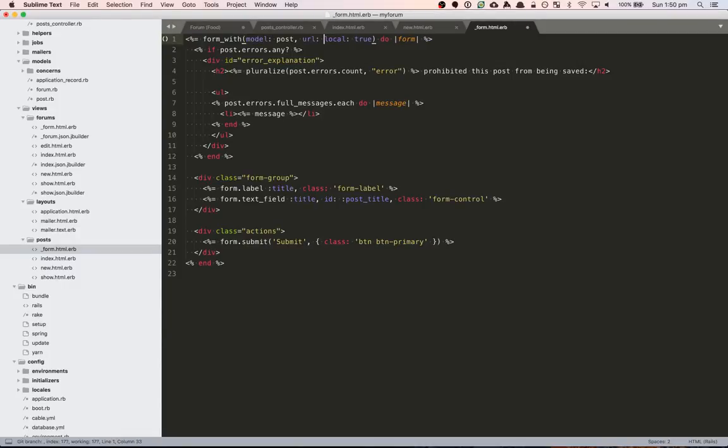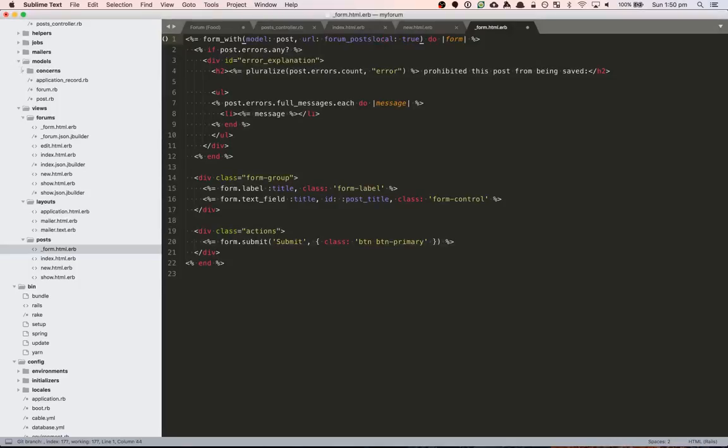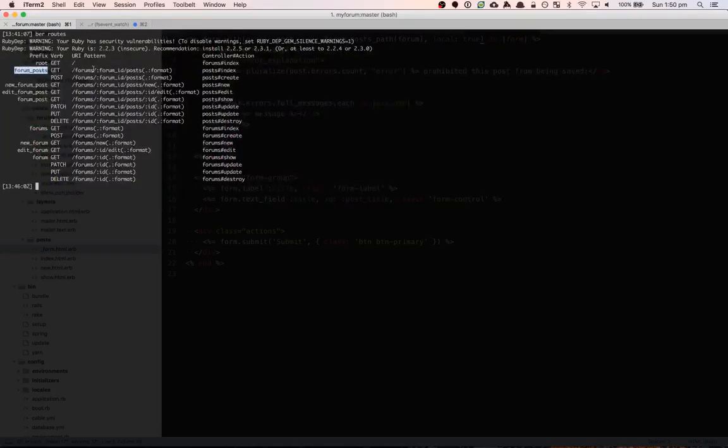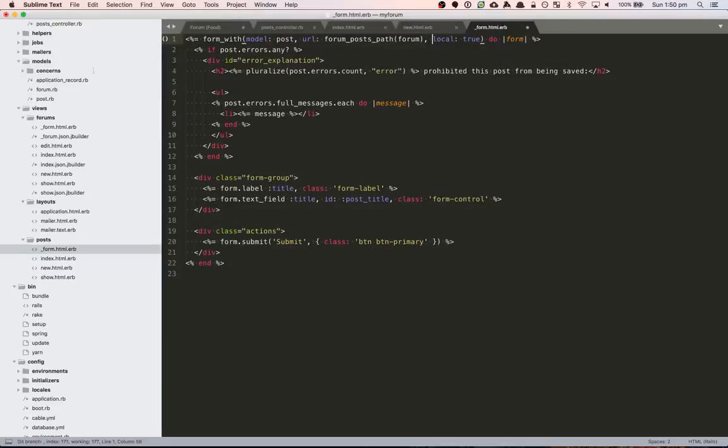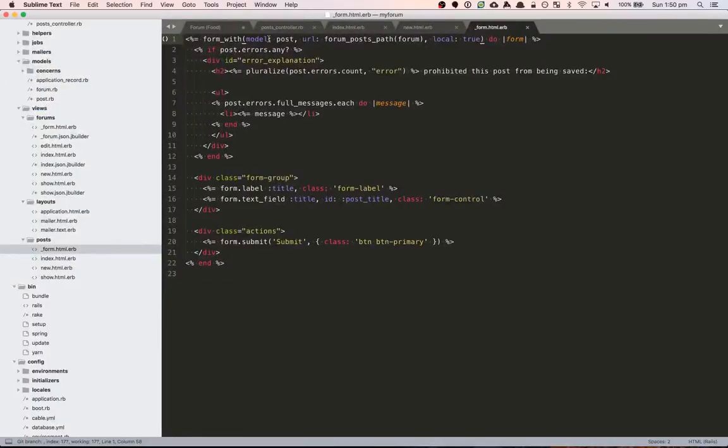So it'll be the, where's the create forum posts path, and it takes that forum. That should fix that. So what we've done here is we basically said